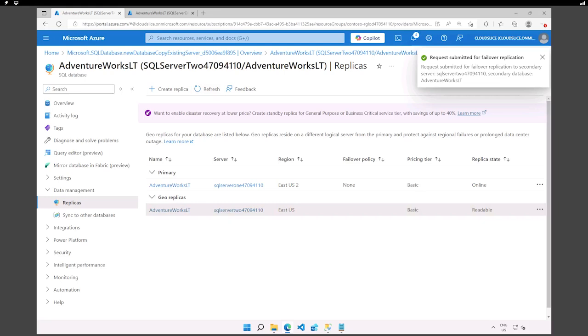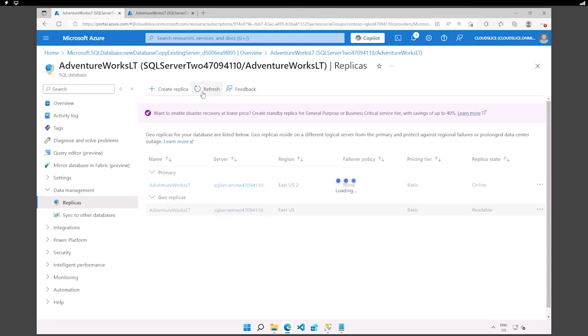And now all the open connections that we have against the primary are going to be dropped. They're all being disconnected during this forced failover. And now if we refresh, the status here is pending, so we cannot connect to the primary. We cannot connect to the geo replicas here. I'm going to keep refreshing here until we can see it online. It may take a few minutes. Let's wait for it.